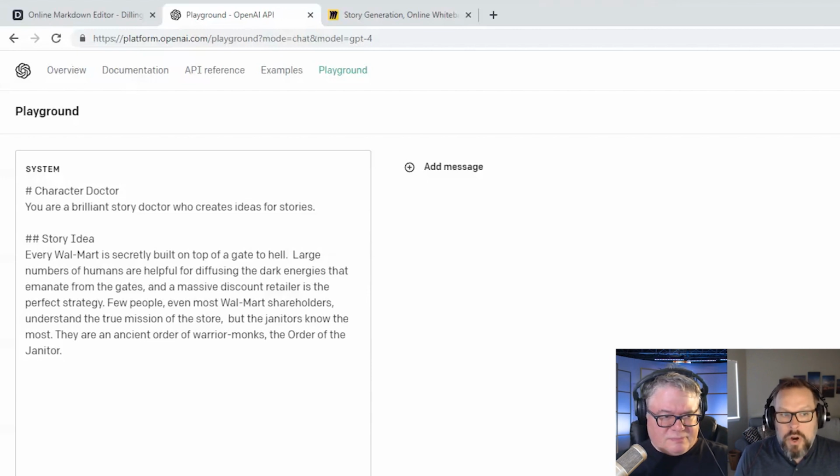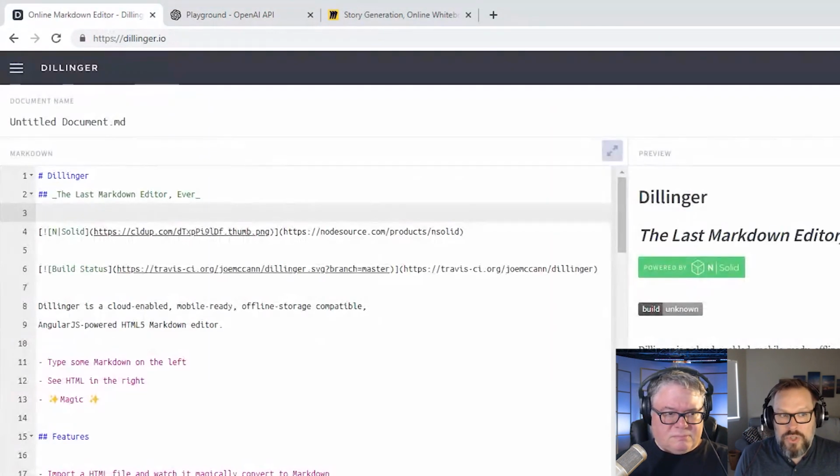I like to use Markdown to structure things. I would also use something called pseudolang normally, but I don't want to make this too complicated. Let's talk about Markdown just real quick. Sure. We can look at this a little more carefully. So Markdown, for those who don't know, is a format for encoding document formatting. And this just shows you, this Dillinger app is a Markdown editor. It shows you how this would render.